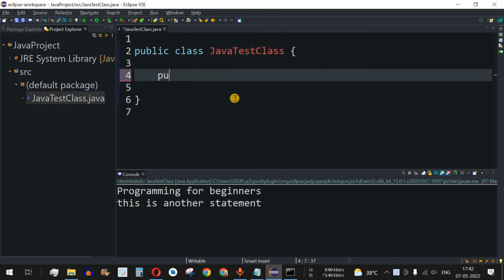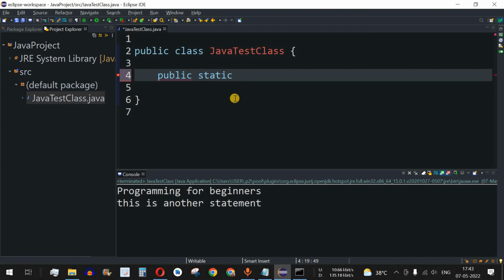The very first keyword that we write is public, which is a visibility, and then followed by space we have the static keyword. So static, and then we have the return type. So in this main method we are not returning anything, which means we are not returning any value from this function. So we write void and then space followed by the function name, that is main. And then guys, we have open and close brackets, and inside this bracket we have the list of strings that can be passed to this main method. So we have string, and then we have open and close square brackets.